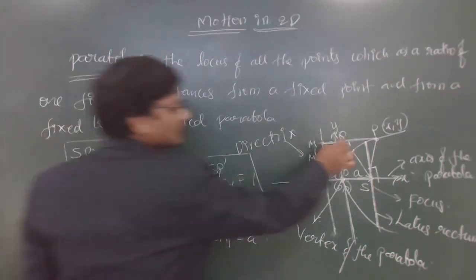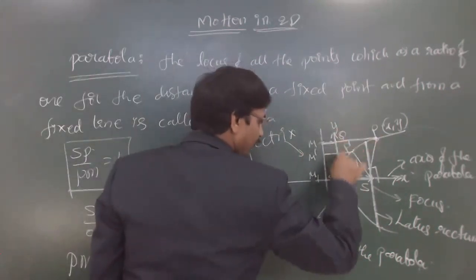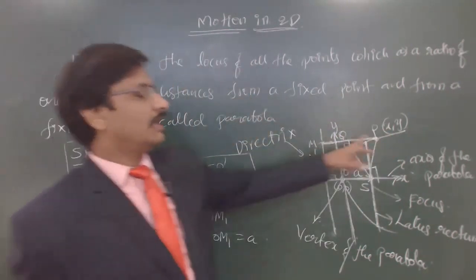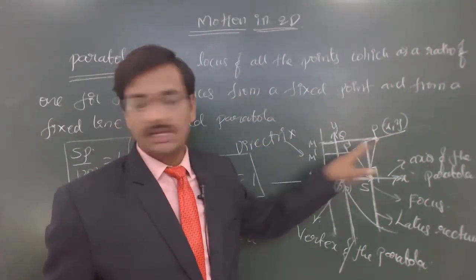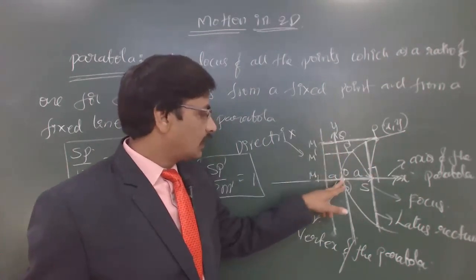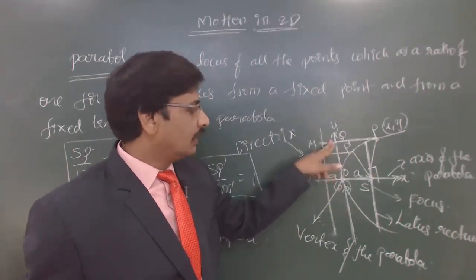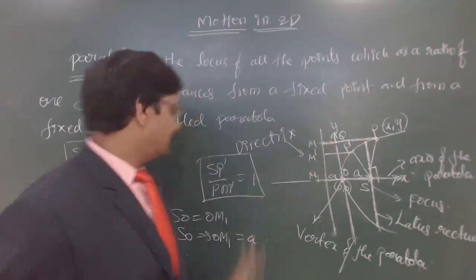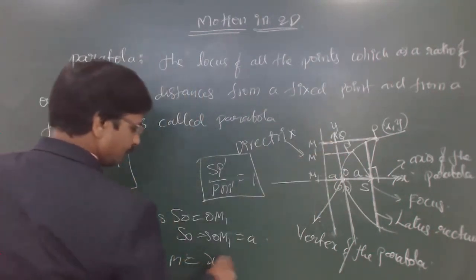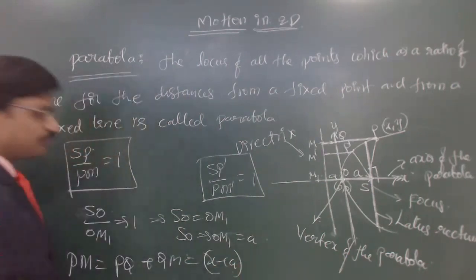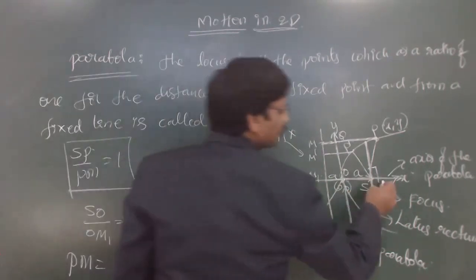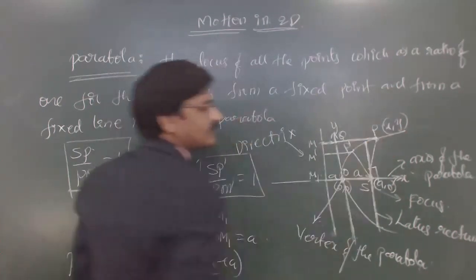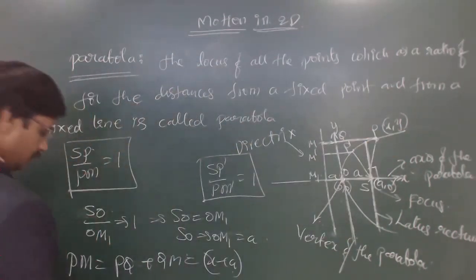PQ is the x coordinate, because the length from the y-axis to the point is nothing but x. And this length QM is again equal to A, because these two lengths are one and the same. So PM is x plus A. And S is located at A comma 0, and this point is x comma y. So SP is equal to,